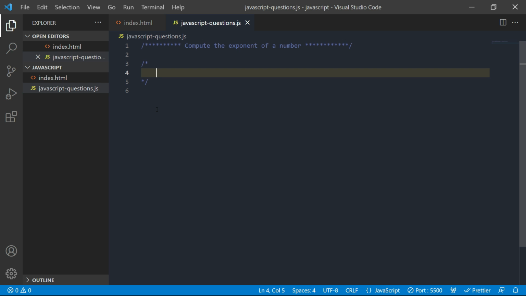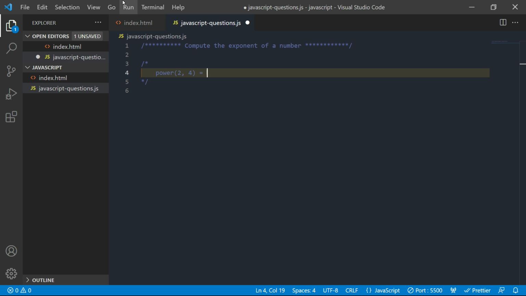The next question we have: compute the exponent of a number. This question is also on recursion. The interviewer asks you to write a function that should return the power of the base to the exponent, which means, for example, to take a power function, you'll be passed a base 2 and an exponent of 4.